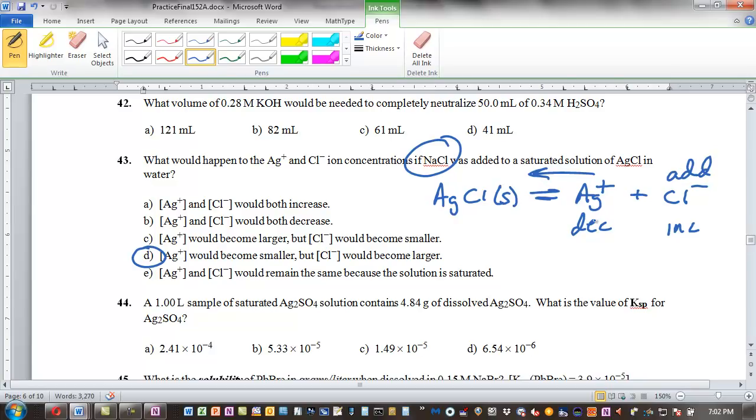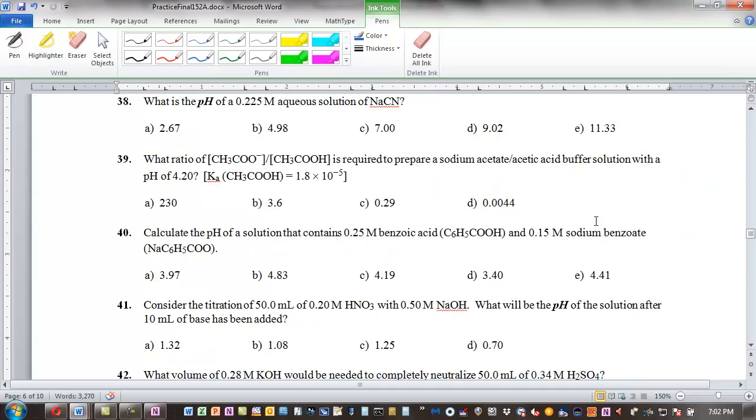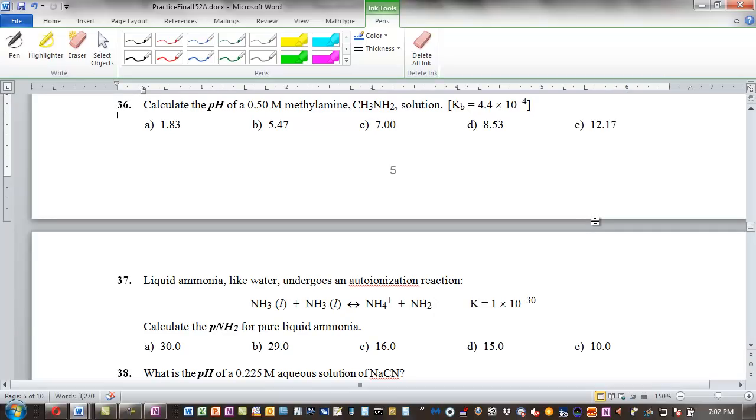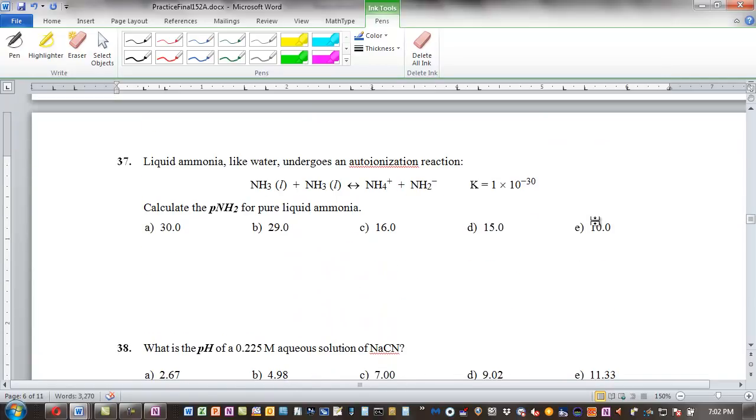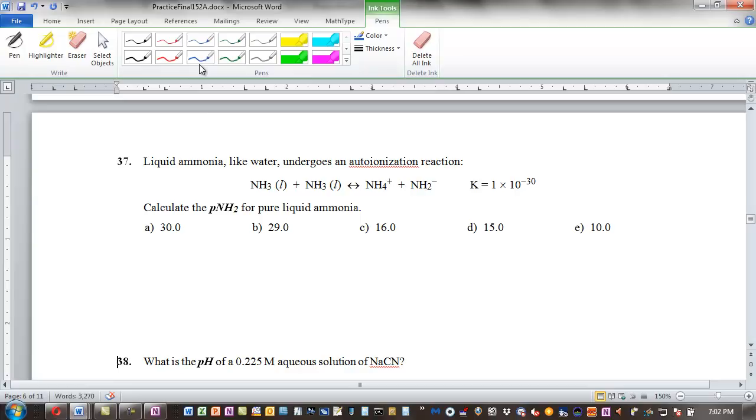Okay, then there was another question. It wanted the pNH2. Oh, yeah. And I was like, what is that? Don't worry about that. But it's just like how we got pH for water. So the parallel, and this is an old exam question from years ago, and students hated it. So I gave up on doing this. But this is just like,